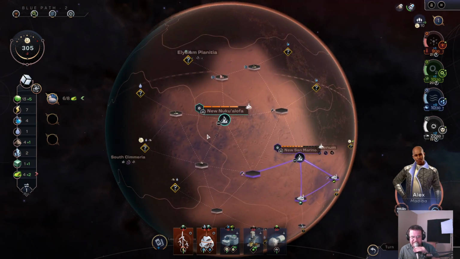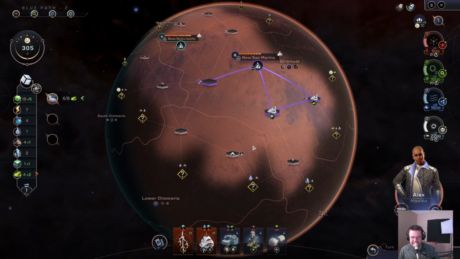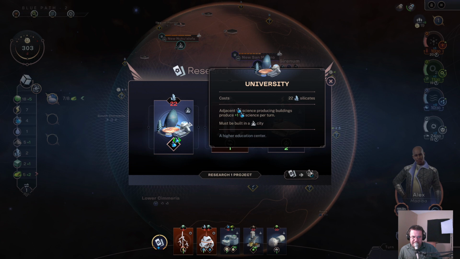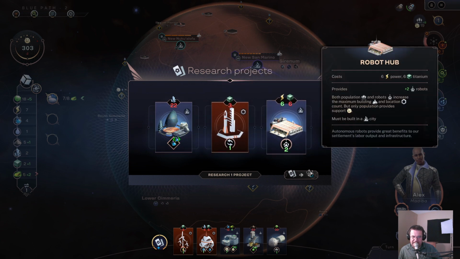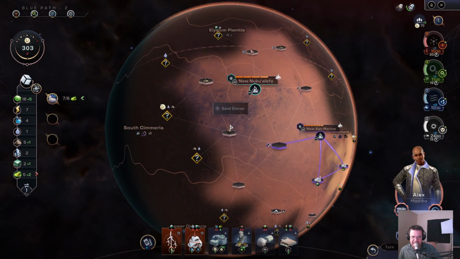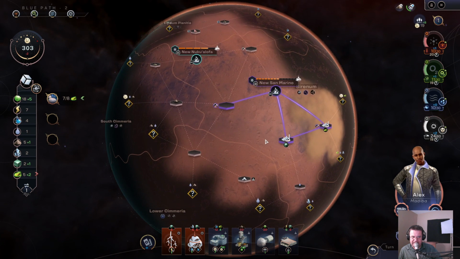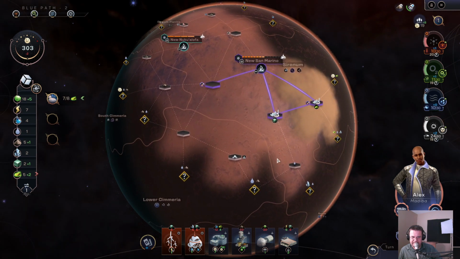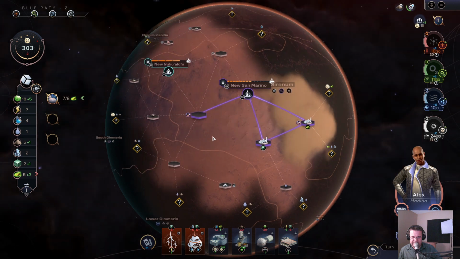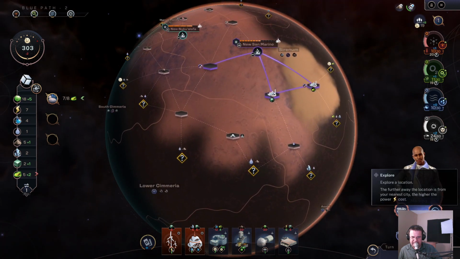Now we don't have any flooding that's happened yet, but that's some good stuff. All right. Let's keep going. The university, we don't have a lot of science buildings. Landing pads are kind of nice, but I think we're going to go with robots. So we can build some here, and then that will allow us to start spreading out our mining operation. Yeah. This aquifer, we really do need to try to tap. So let's...